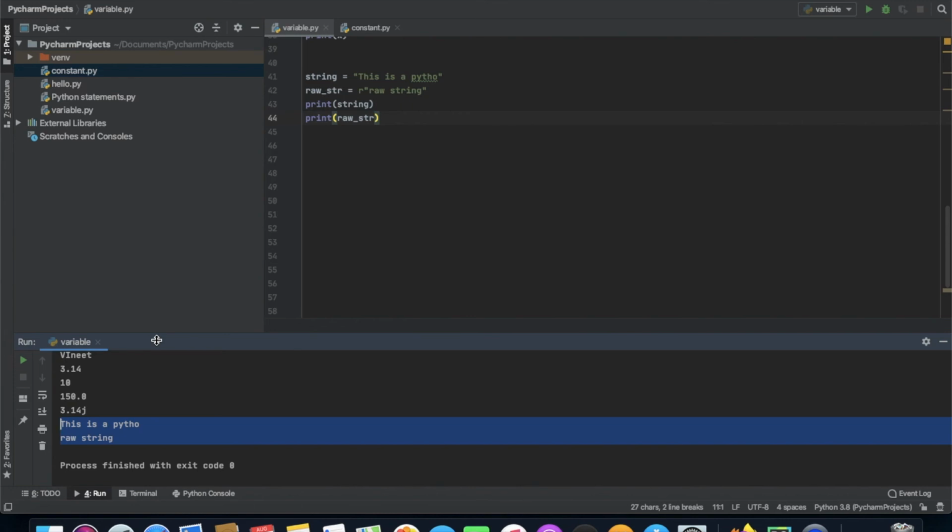After that, there is the Boolean literal. A Boolean literal can have only two values, true or false. So we will be taking a look at how we can use Boolean literals in Python. I'm just gonna use x equal to True and y equal to False.